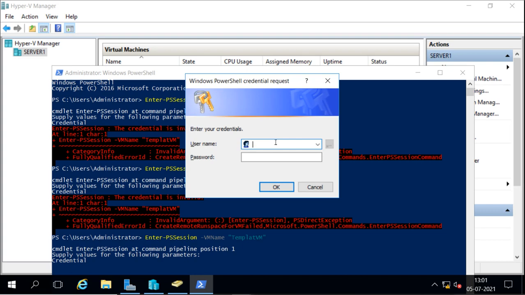Actually, it is a domain. An Active Directory domain is there, so we have to mention it as a domain user, like this: the domain name, and then the username. So this is the domain administrator who has the authentication to manage the Hyper-V here, and this is the password for that administrator account.